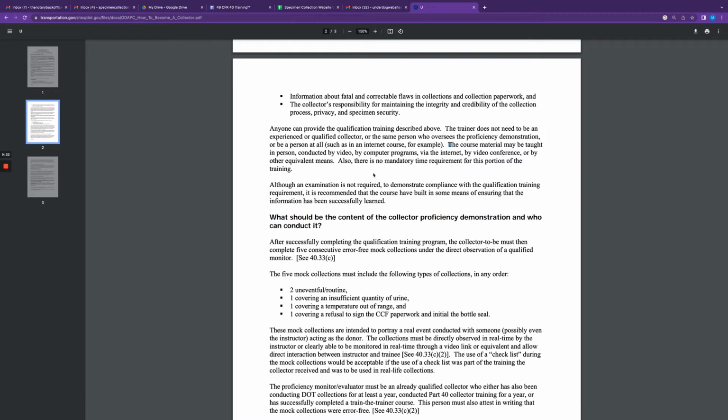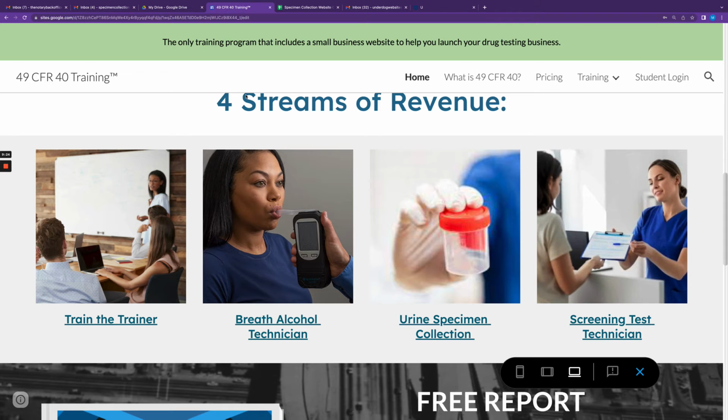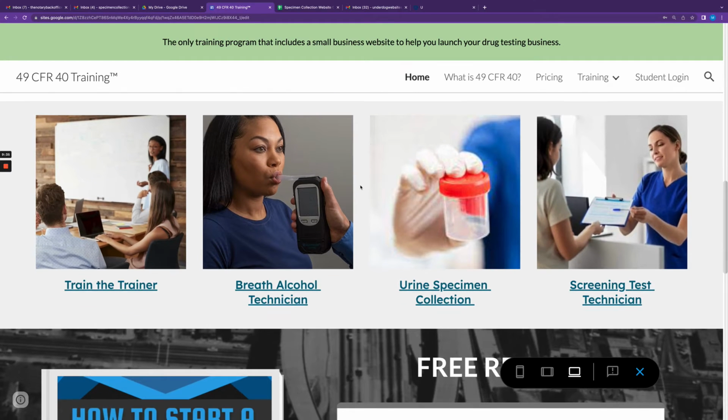Okay, so there you have it, directly from the Department of Transportation's website, their stance on who can provide this type of qualification training. Now that we've gotten that out of the way, this website poses a real opportunity for you if you can get out there and market it. I'm going to be supporting those of you who do get the website, because we're going to have that mini mind where we meet, focused completely on marketing every single month.